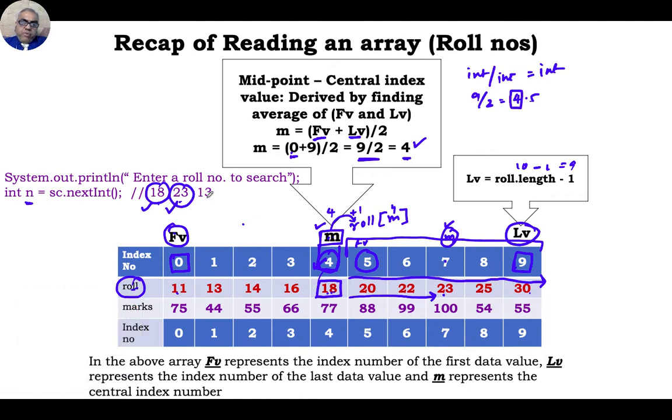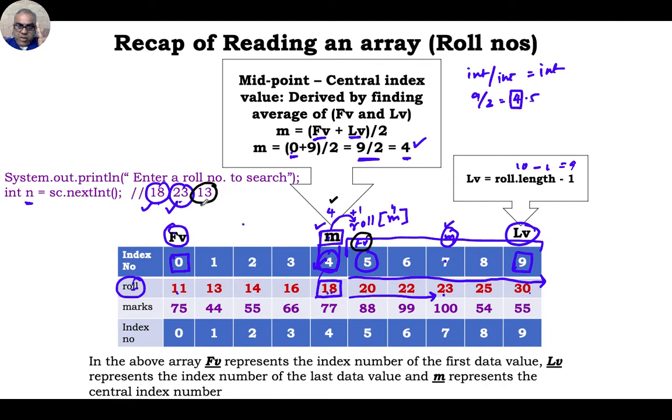Now if my input value is 13, in my first round the computer starts with FV as 0 and LV as 9, my central cell is 4. Now the logic here is, if my central cell is equal to my input value, data found, break, program over, exit. If my input value is greater, we change the FV value to M plus 1 and start moving on the right hand side.